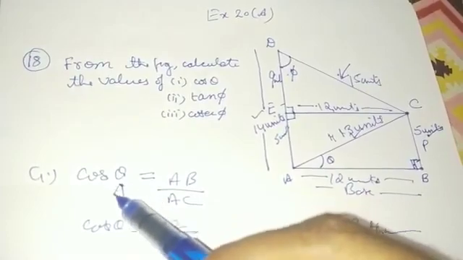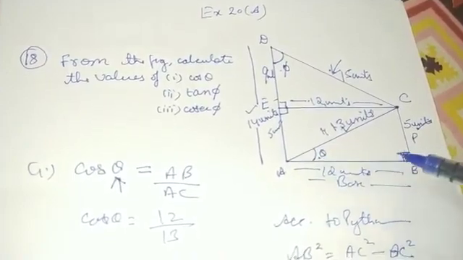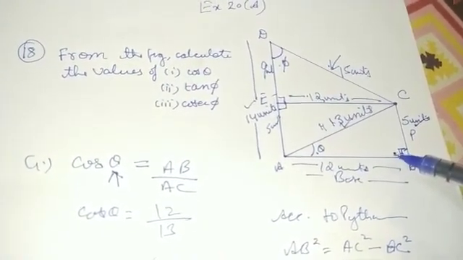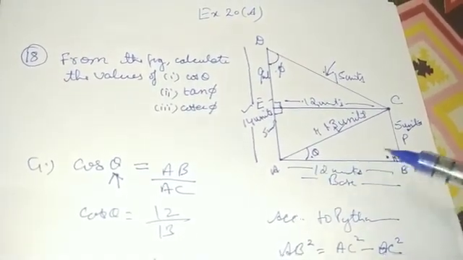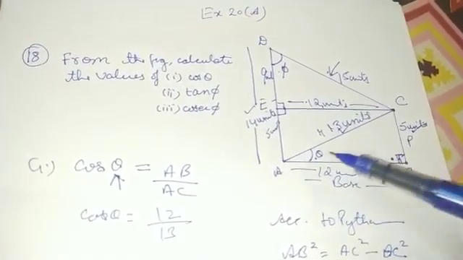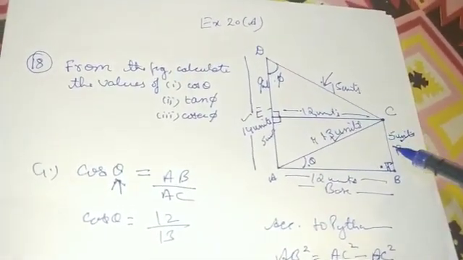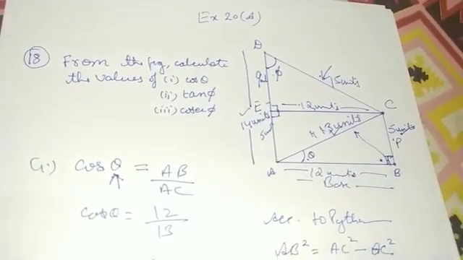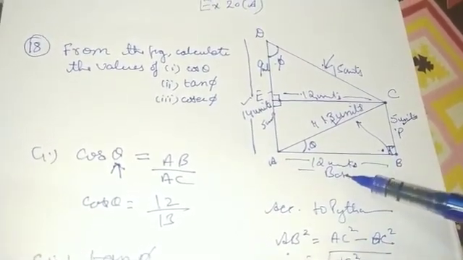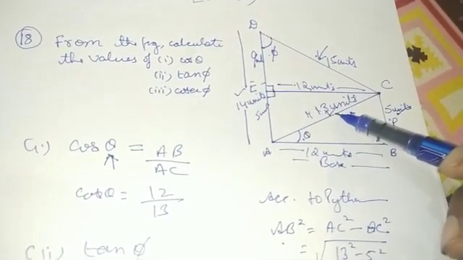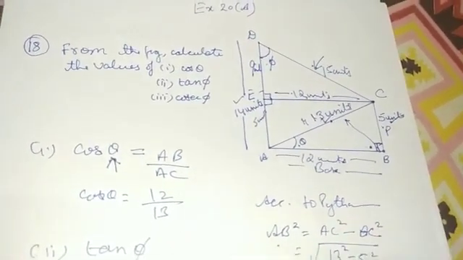Now base will depend upon the angle. If we look into this triangle, this is theta, this is 90. That is what we have discussed a couple of times on the previous videos also, that the base will be considered on the basis of the line on which theta and 90 are present. So this will become the base whenever we are going to deal with any ratio including theta. This will be the perpendicular, and any side opposite to 90 will be the hypotenuse. So this is going to be the hypotenuse. So it says base upon hypotenuse, so it will be AB upon AC, that will be 12 upon 13 straight away.